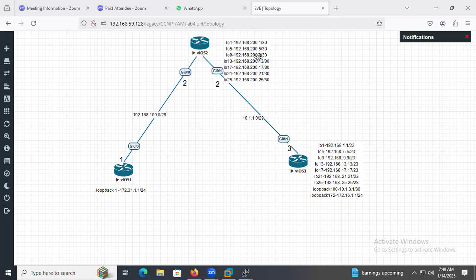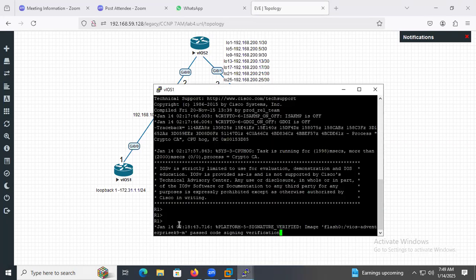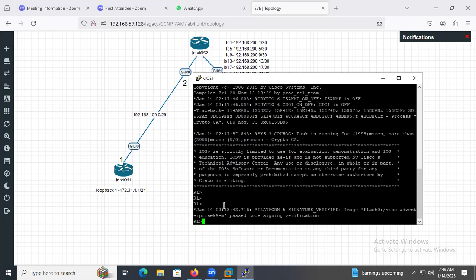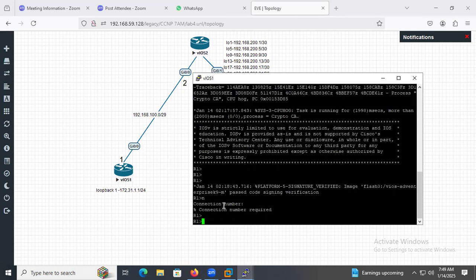Okay. What you have done in the last class is we configured these interfaces with another lab, and still we are in the EIGRP only. So we have router 1. Let me show you here. If I go for enable,